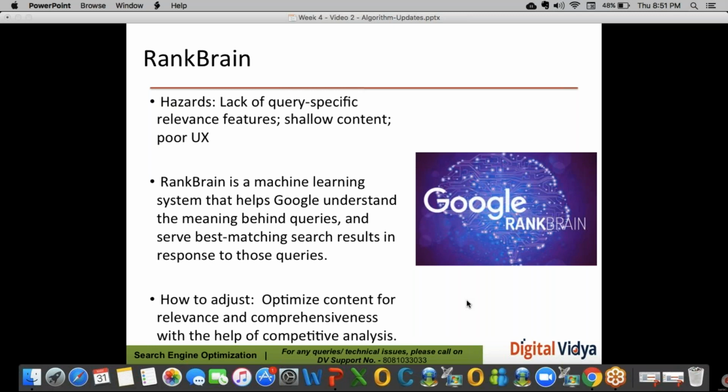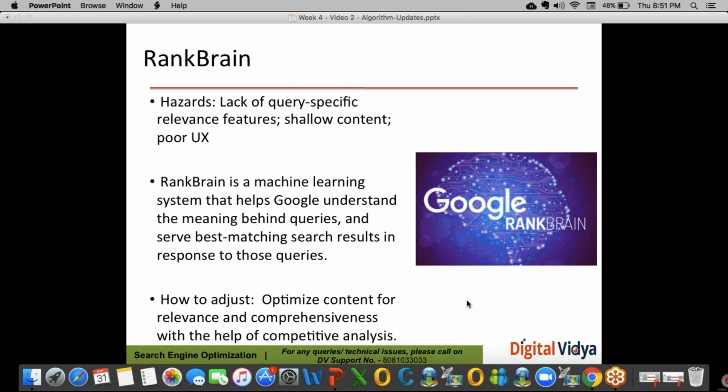I hope all of you have seen how smartly they are incorporating artificial intelligence into their Google bot or into Google Maps. Is there anyone who has seen those videos of Google I/O conference 2018? The future is going to be all about AI, and Google is also incorporating artificial intelligence into Google's algorithm. And for that, we have Google RankBrain.